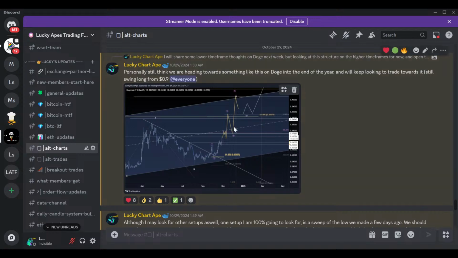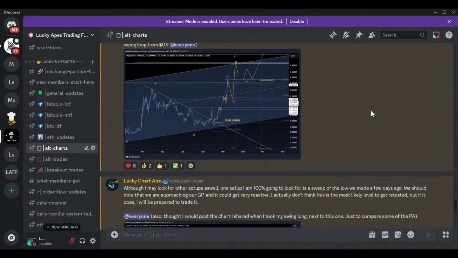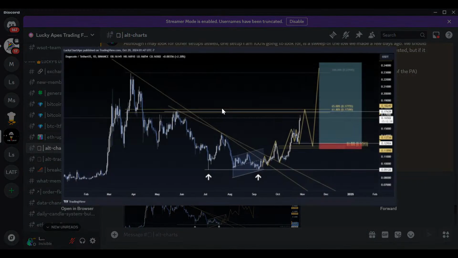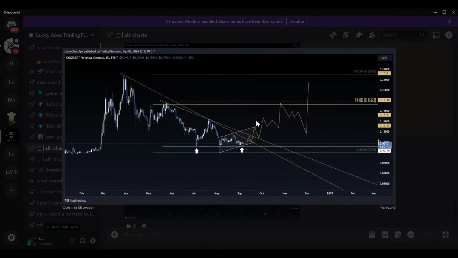All right, so this was the idea back then, before we took this high: running up into these highs, looking for something like this, and then the structural idea. There's two ideas. One is the deep pullback, and this is the chart I posted at the time when I took the Doge long. We have this idea of just holding this descending structure. We have the retest, running up, breaking out this descending structure. Maybe we bounce around, retest, impulse up, retest, running, forming a little bit of consolidation around this lower high, impulsing up into the 17 cents region, and maybe coming and taking these lows.